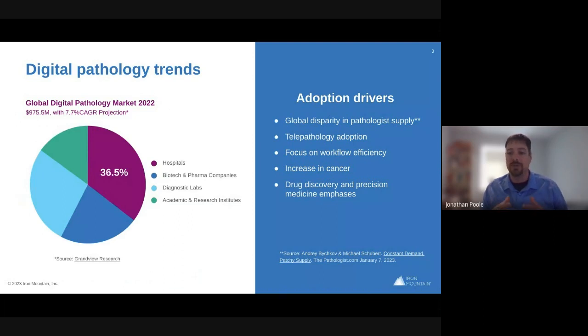We see pathologists more available in the United States and North America than in some of our African, Middle East, and Asian countries. And so telepathology is helping to drive this forward as well by creating a remote support model for pathologists where they can work in one environment and read pathology in another environment. That's really about driving workflow efficiency and allowing pathologists to become more effective by using digital pathology as opposed to